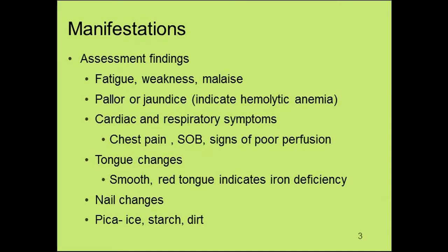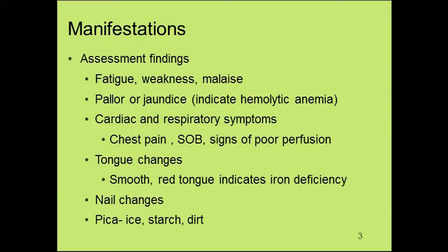Manifestations, of course, in your physical assessment findings, you're going to see that the patient is tired, weak, with general malaise, and they could be pale. In hemolytic anemias, they're going to be jaundiced because we have an increase of free hemoglobin leading to increased bilirubin. They may manifest with cardiac and respiratory symptoms, meaning chest pain, signs of decreased perfusion, shortness of breath, syncope,